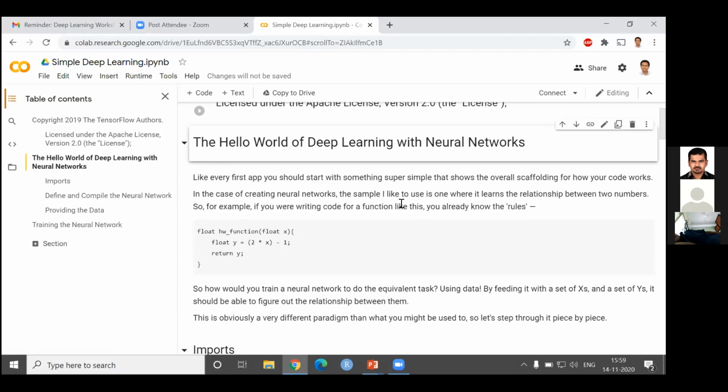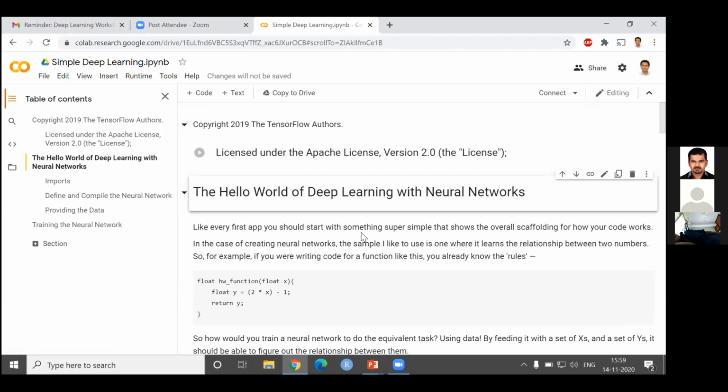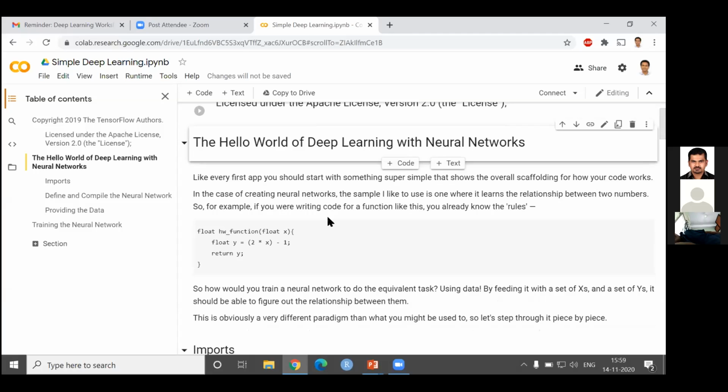Okay, I hope you were able to open the notebook. Maybe for some of you this is the first time you're working on a Google Colab notebook or a Jupyter notebook. Don't worry, this is super simple. What you're supposed to do is already given here. It is written here.